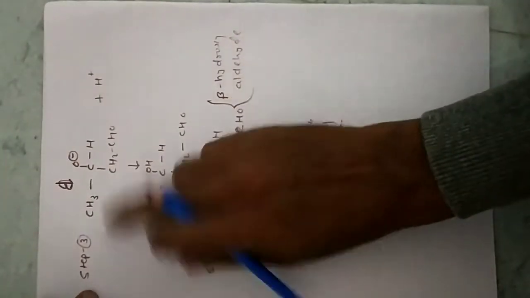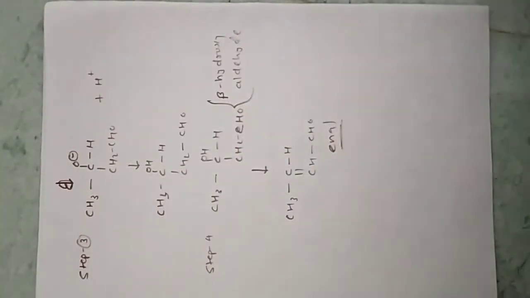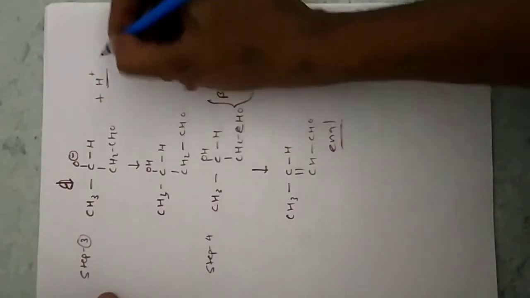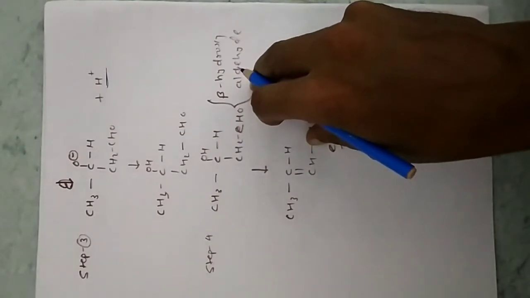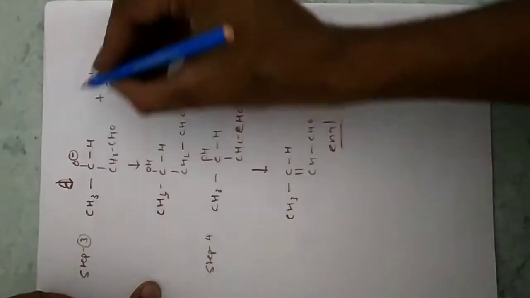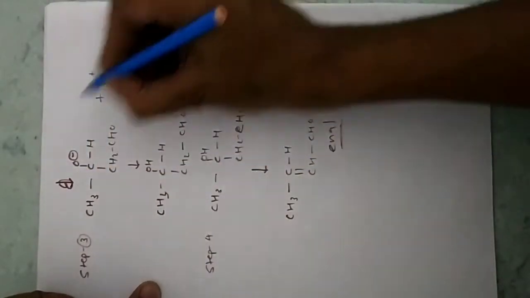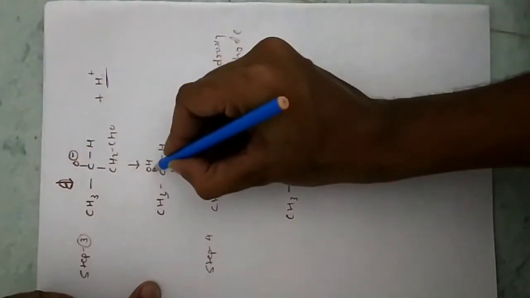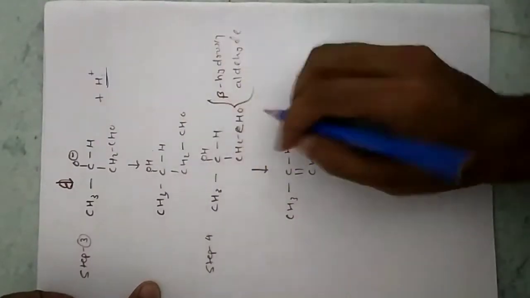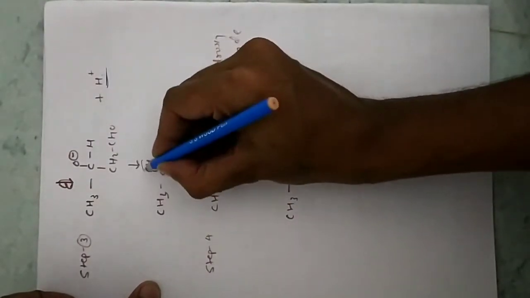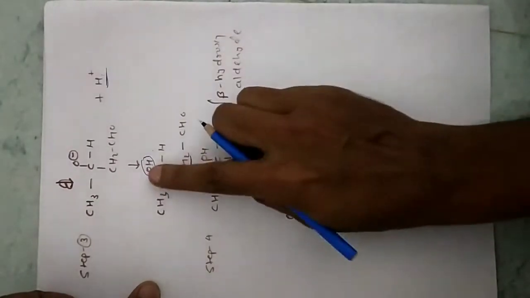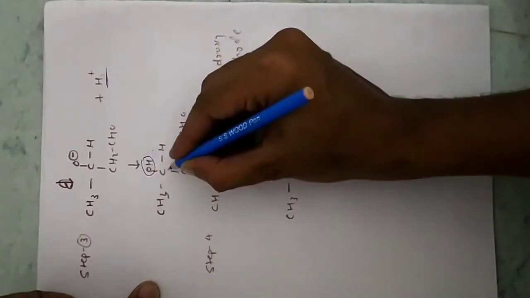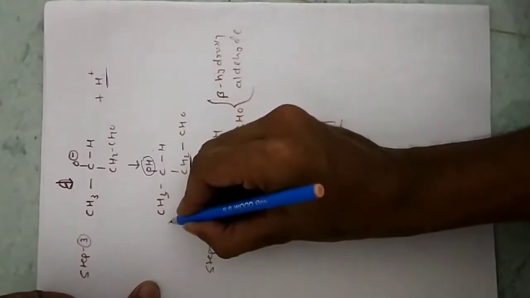Now in the next step you can see step third. Now H plus is coming back from the base. In the first step we took out the H plus, that same H plus comes here. So you can see O minus is there, H plus, so they both will combine to form OH. Now in the next step what will happen? OH and H from the adjacent carbon, the inner one, this one is the inner one, you can see this one is terminal.